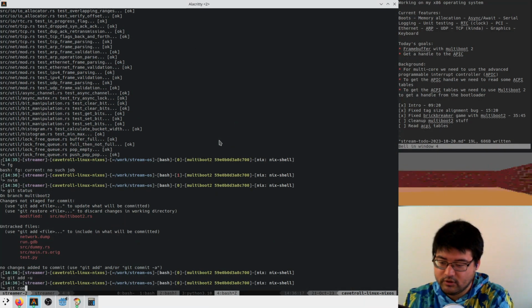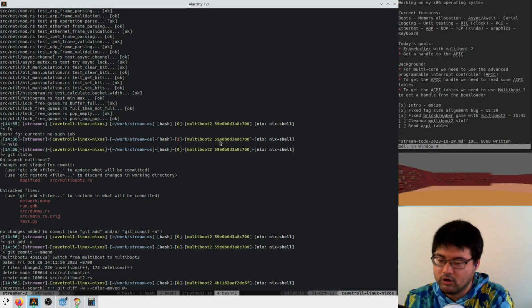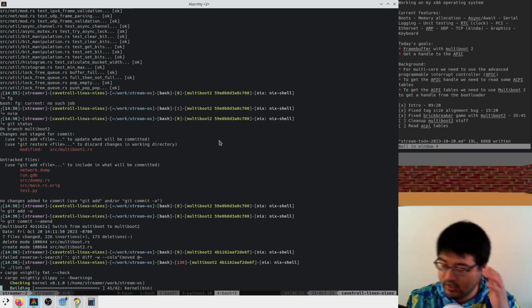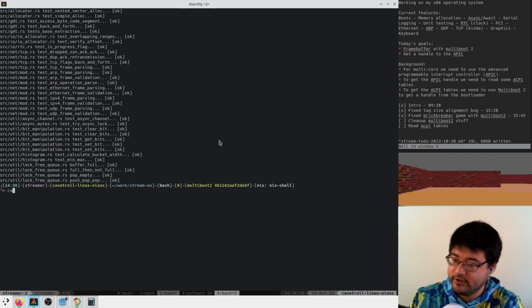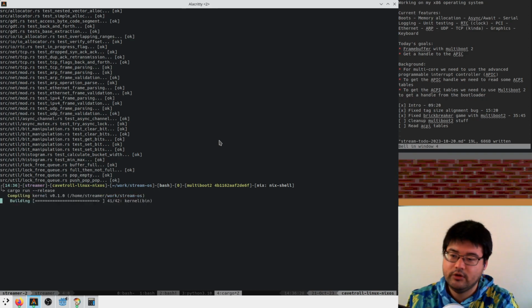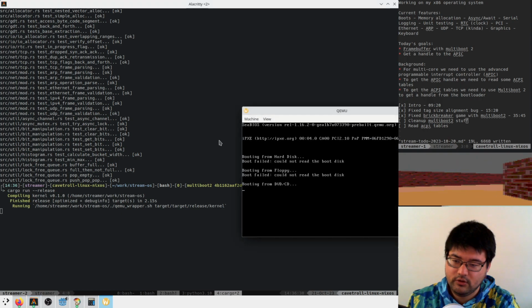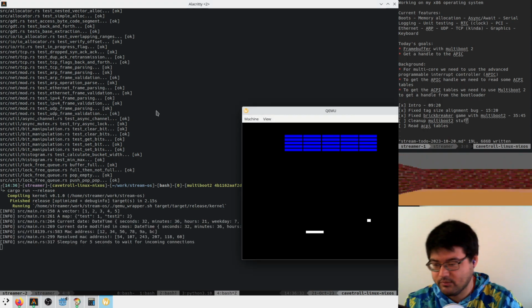Status, git add, git commit amend, cargo, run the lint script again. No bullshit prints. And we run. And everything's up and running. Cool.